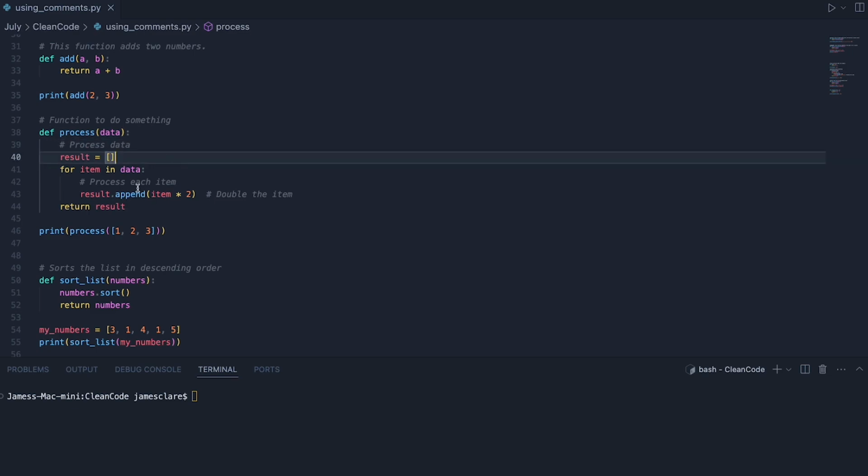This is processing data. It's doubling something and processing an item, but there's no value to this. If I was learning Python from scratch, I would want the comment to actually complement what is going on here. So I'd probably talk about the for loop, and about creating a new list and appending to it. Vague, non-descriptive comments like this aren't helpful for anyone.